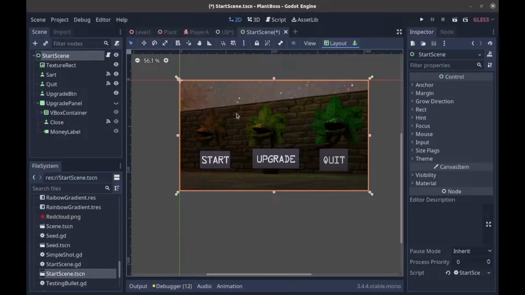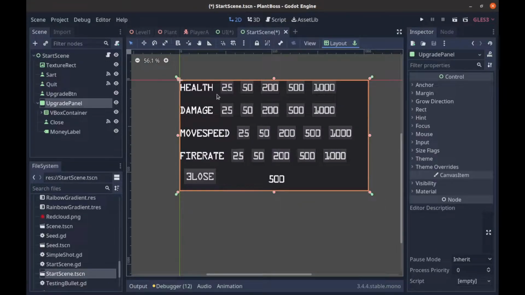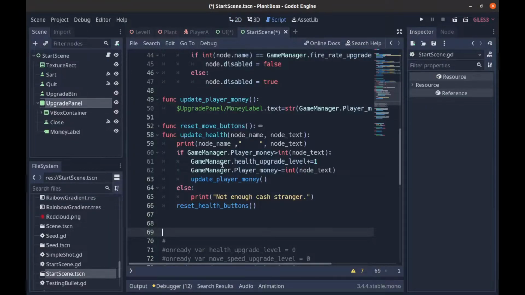Alright, so welcome back, and the first thing I have to do is go to our upgrade panel. So far we only have the health hooked up for subtracting from our money, and we're going to go ahead and add the rest of our stuff. So we'll go back to our start scene, we'll go to the script there, and then we want to go to our update health function, and we're going to take,